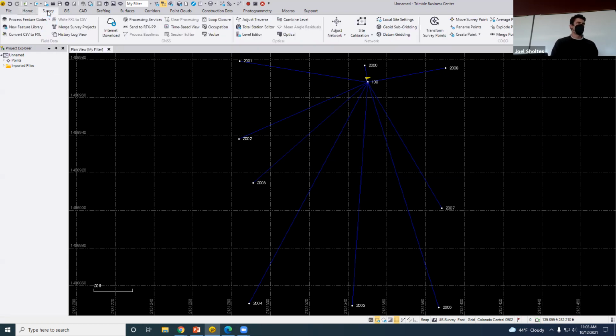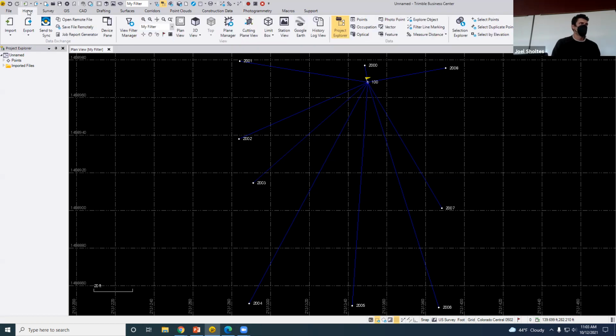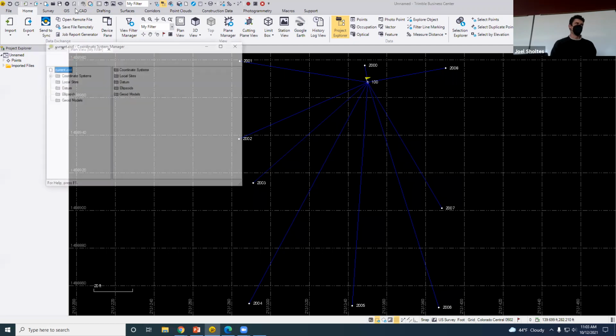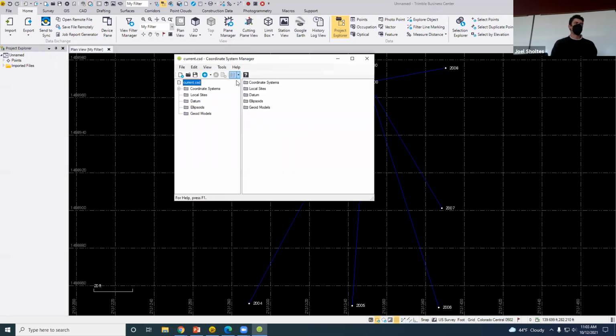We can go to, let's see here, Survey. Oh, it's up here. If you look up top, hopefully you can access the Coordinate System Manager. It doesn't let you do that. Okay, so that's where we're having problems. We'll have to get that fixed. So if you click on Coordinate System Manager, I'll just do this for the video. You should be able to check